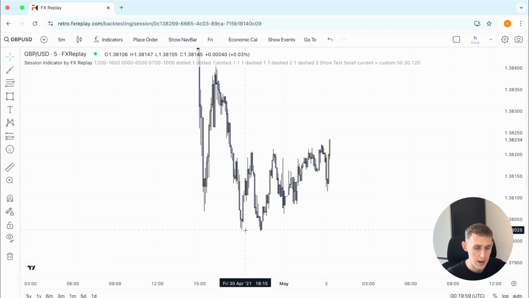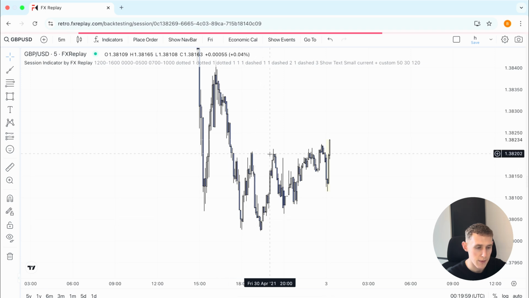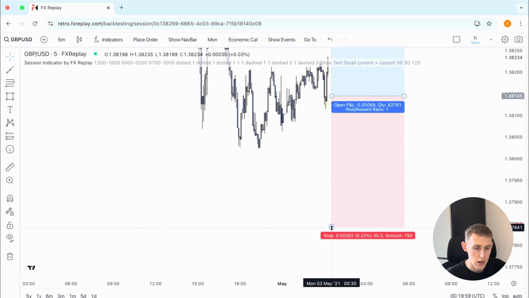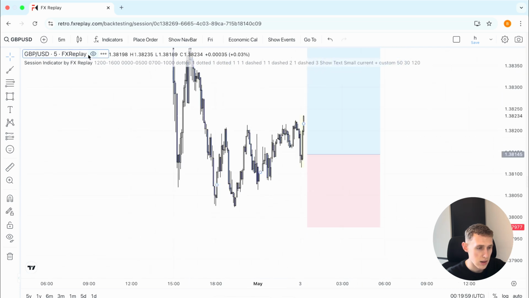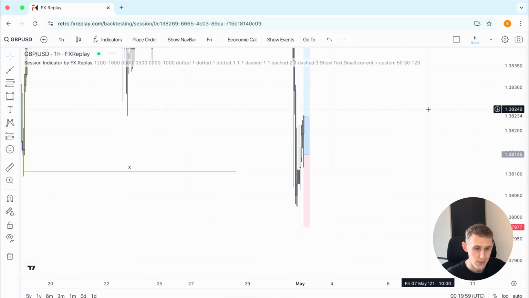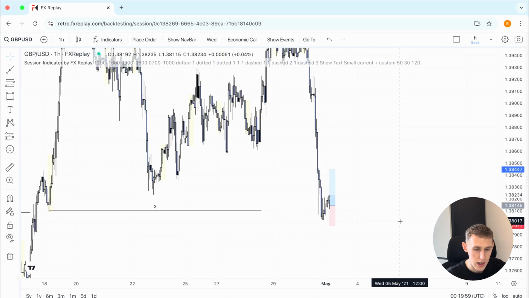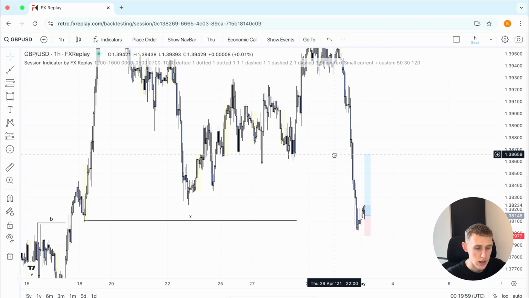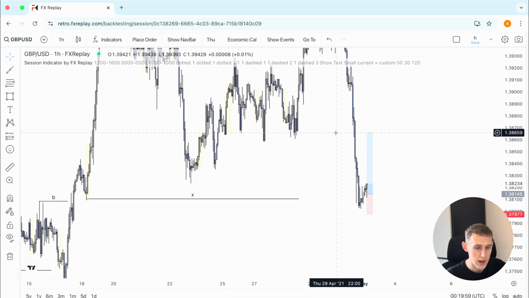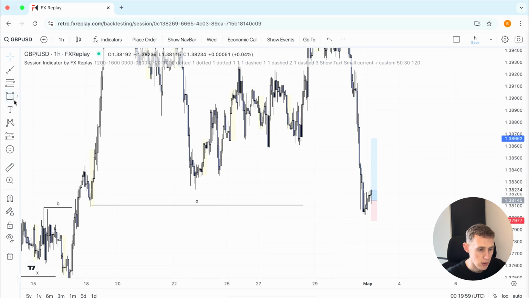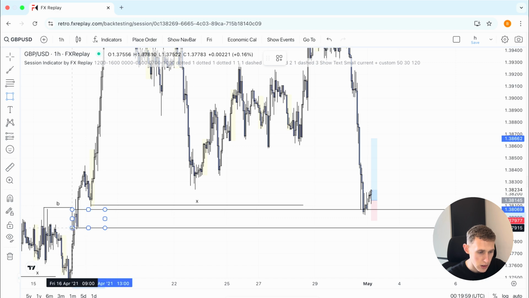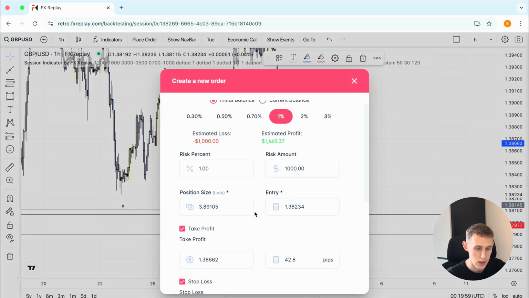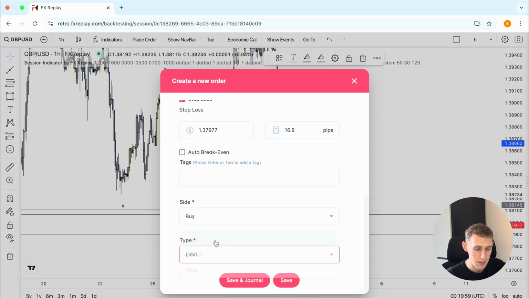Yeah, there we go. So we grabbed this low, broke structure on the M5. We created an area of imbalanced demand. So if we can get a pullback here, I'm happy to buy. For this, I'm just going to go for a mechanical 1 to 3, just because I don't really want to go for any huge targets here because price does still look quite bearish. You can see as well it did react from the demand, so that's another confluence. If we do limit order,